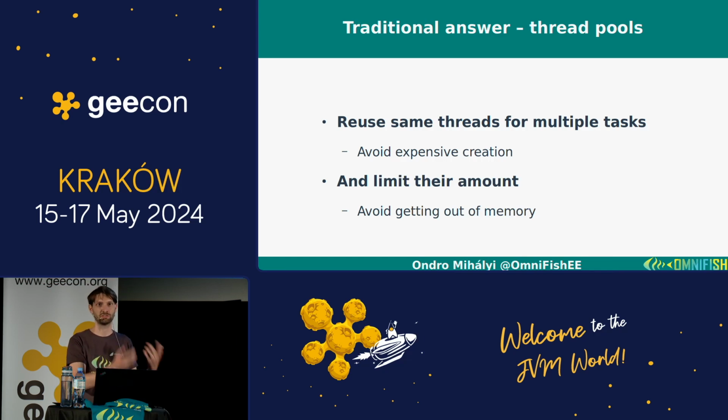We restart it with another task. So we give it a queue of tasks, and every time there is something on the queue, it will pick it up and do something and then wait for a new task. And we also limit the amount of threads, because one of the reasons is that we don't need to reserve so much memory. So we can limit it to 1,000. Then we can process 1,000 parallel tasks, no more. The rest is on queue. But we have quite good throughput with 1,000 threads, for example, and we don't need that much memory reserved.